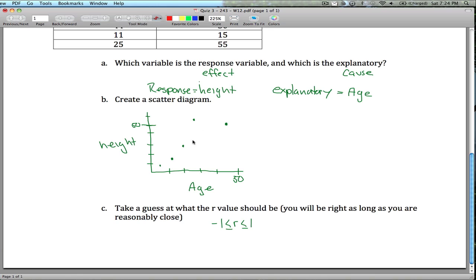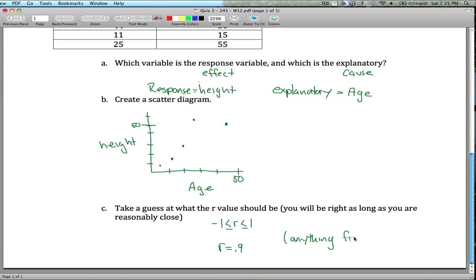And then you kind of have to look at these points and guess, kind of look at how close these are to falling in a straight line. It doesn't quite fall in a straight line, but it's pretty darn close, right? If you kind of think about where the line would be. So my guess would be your r is, I don't know, 0.9 maybe? I mean, it's pretty good correlation if you ask me. So I'd say 0.9, but maybe we'll say anything